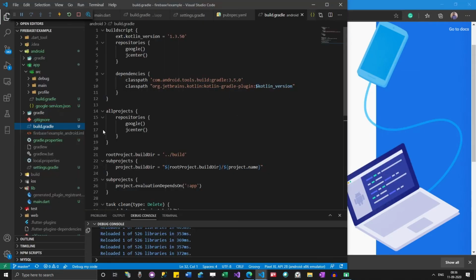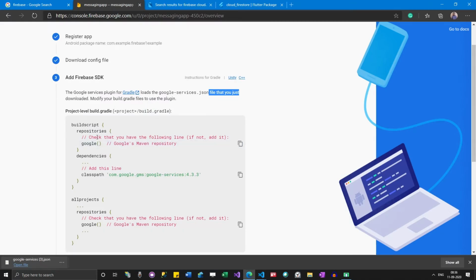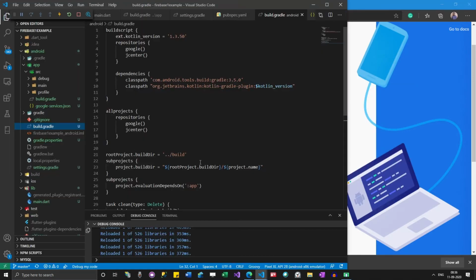Okay, build scripts, and then we have, I think this is the part. Let me check it.